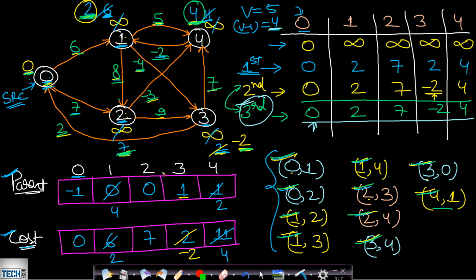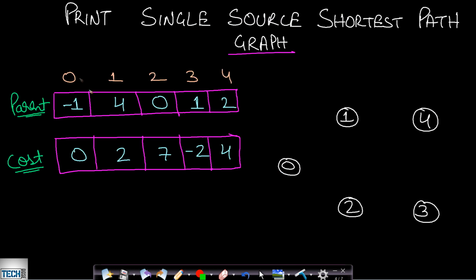Now how do we represent the graph? So for representation we will be taking this parent array and the cost array. So this will be the parent array and this will be the cost array. Now the nodes will be 0 1 2 3 4, and how will we represent it? Actually 0 will not be having any parent, so this will be having value minus 1, and the cost is 0, so the cost at this node 0 is 0. So this is basically our source node. Now for this node 1, the parent is 4, so 4 is the parent for node 1. Okay, and the associated cost in order to reach this node 1 starting from the source node is 2. This we were already storing.